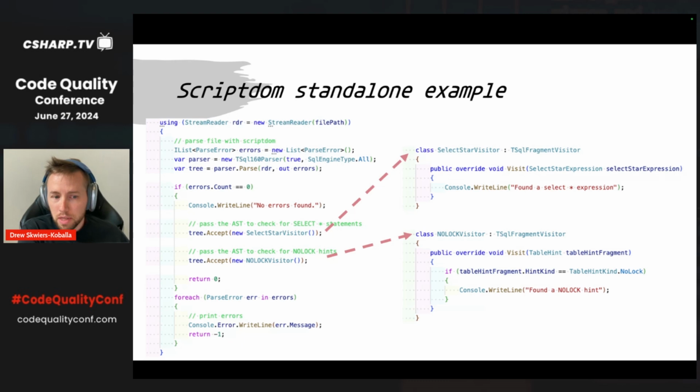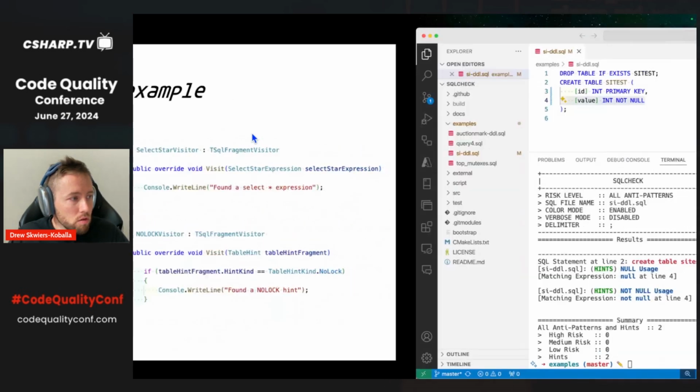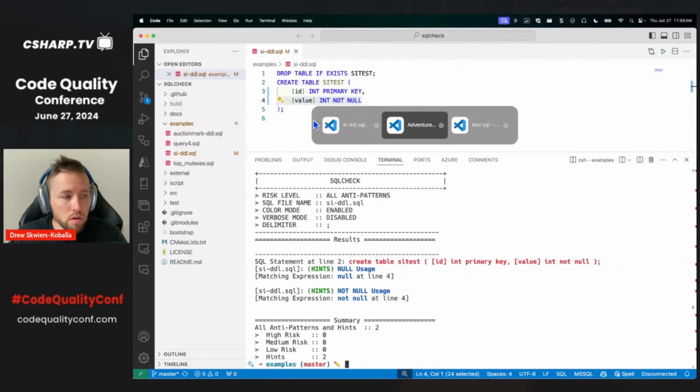I need to be able to catch that. The other one is the NOLOCK hint on tables, which can sometimes get used like finger painting in queries by well-intentioned developers. I also want to avoid that from getting checked into code. And so I want to be able to catch both of those anytime a SQL script gets parsed. So if I go back over to VS Code,